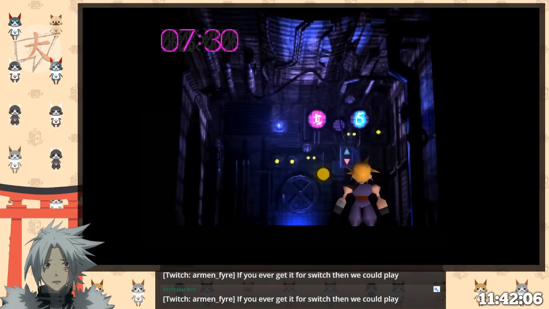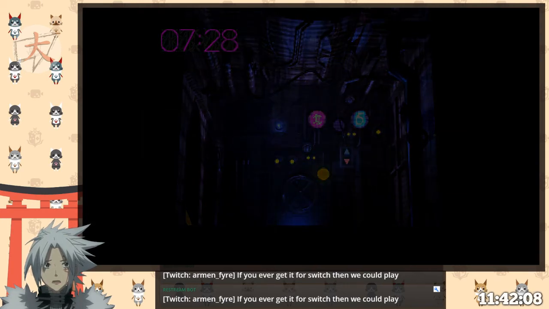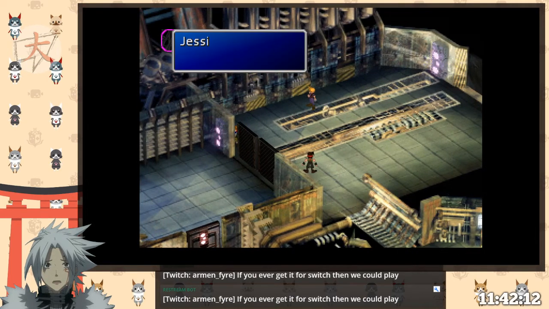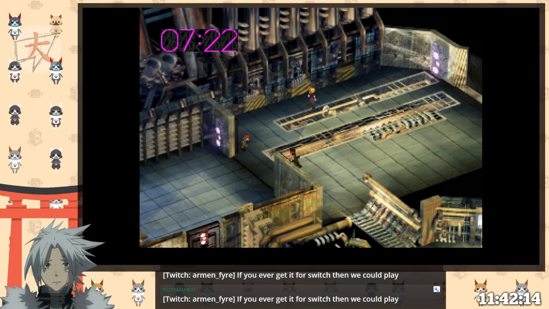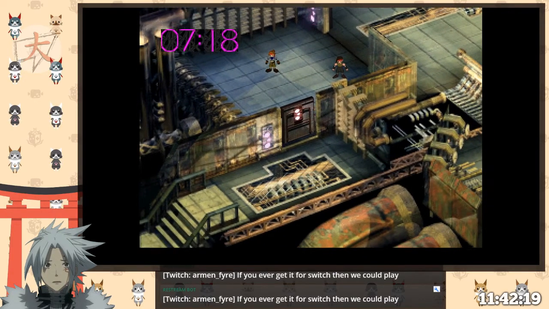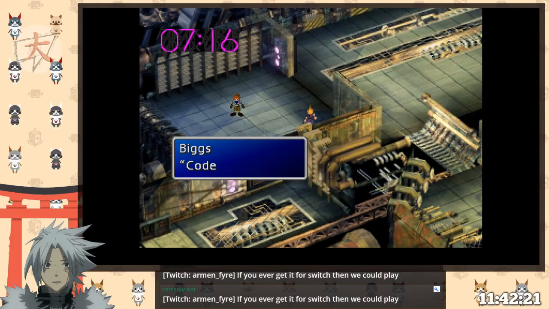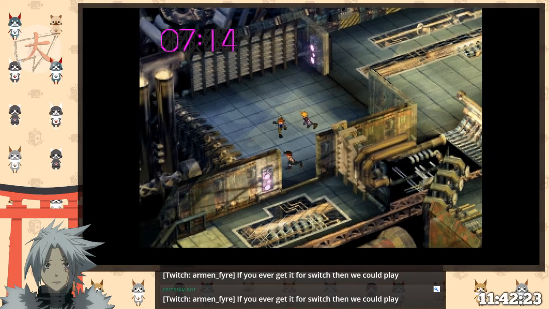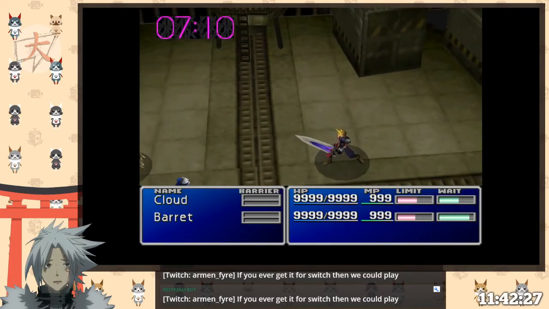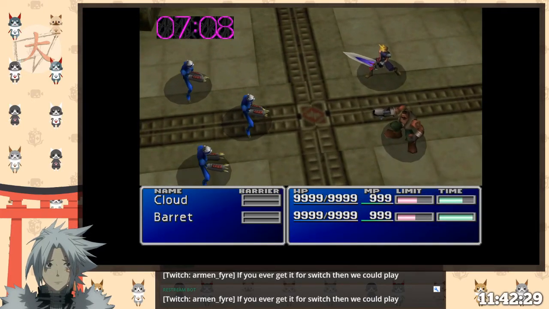Wait, hang on, where's Jessie? Jessie assumed to be with me? Oh, she already went up, I guess. Code deciphered. Yeah, so these little bits, it's like they're kind of lame, kind of simple, but I mean,